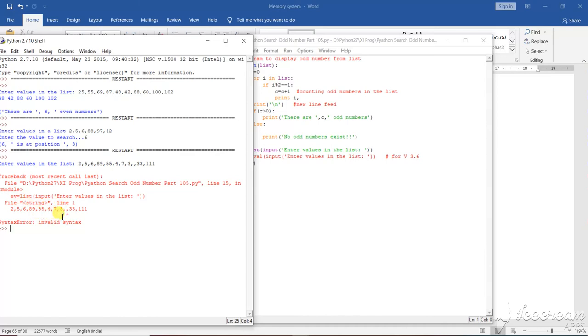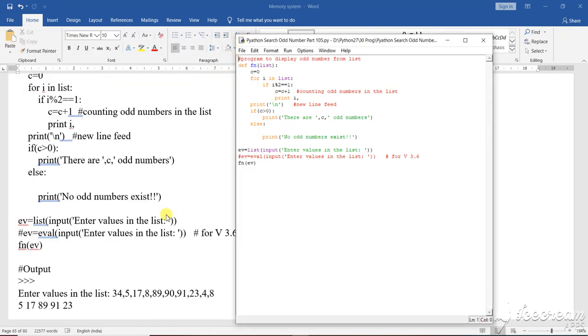I have given here, enter the value in a list, but it is taking the values in a string line phase, and it will find the values from there. So let us rerun it.